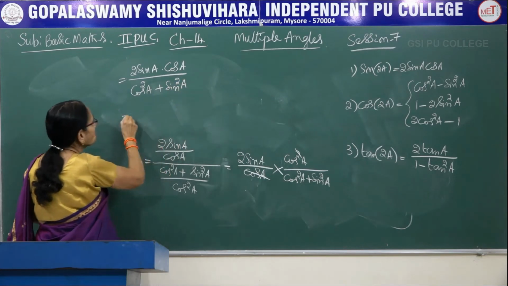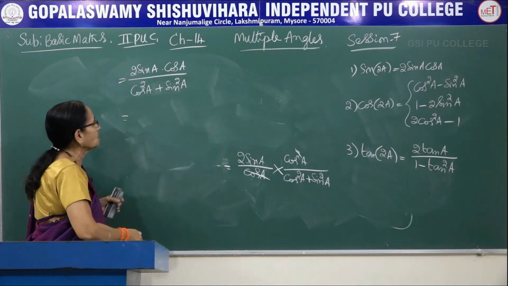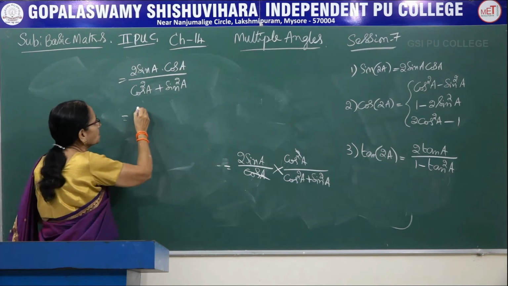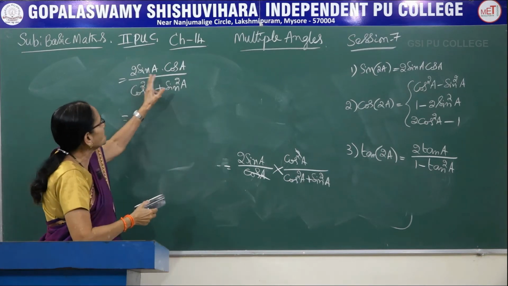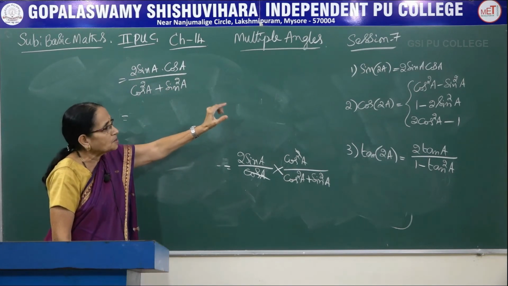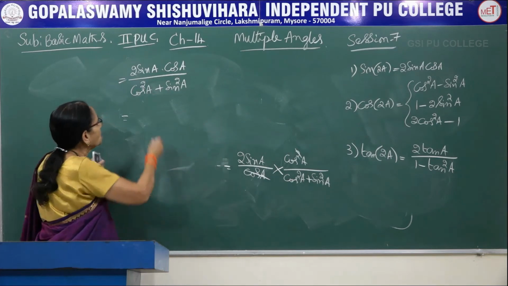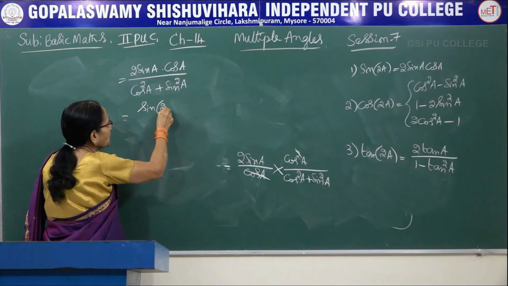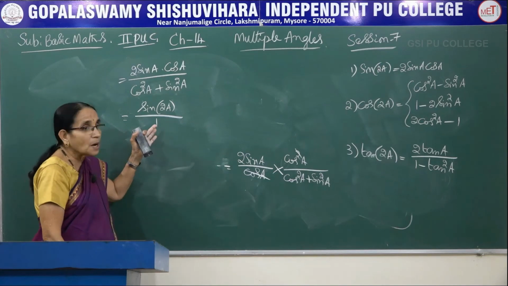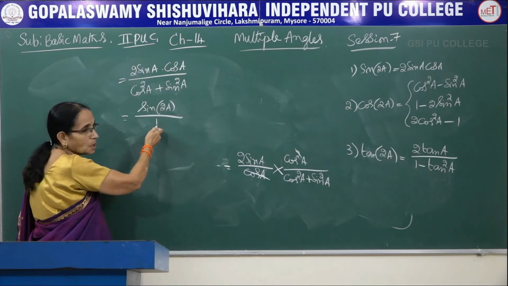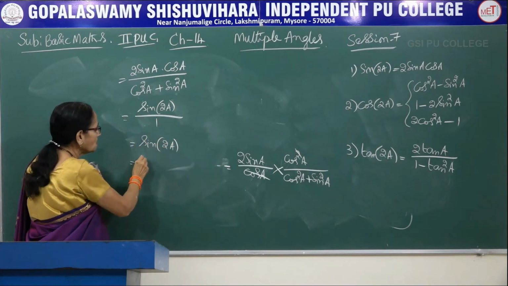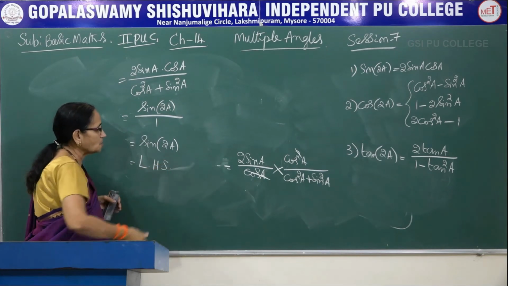Now again I am going to the identity, the first identity of trigonometry. What is cos square theta plus sin square theta? It is equal to 1 from the first identity. Now look at the numerator, 2 sin A into cos A. What is that one? The very first formula you studied in today's session: sin 2A is nothing but 2 sin A cos A. So the numerator I can replace by sin of 2A and the denominator write it as 1 because it is the basic identity. Any number divided by 1 would be the same thing. It is sin of 2A. We had started from the right hand side, so I am writing it as the left hand side.